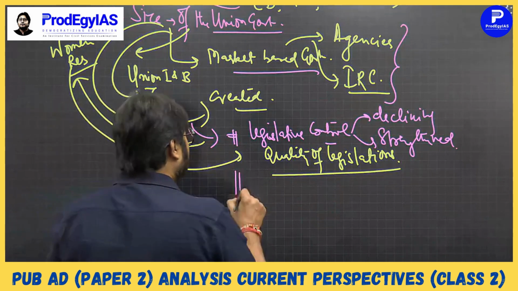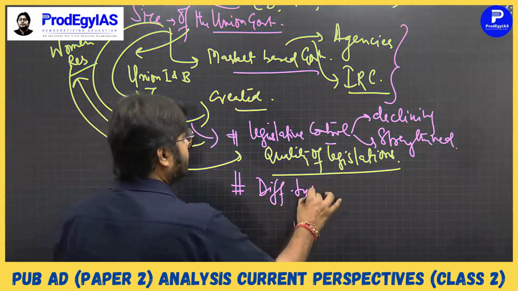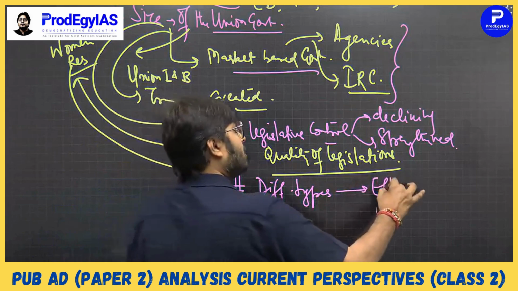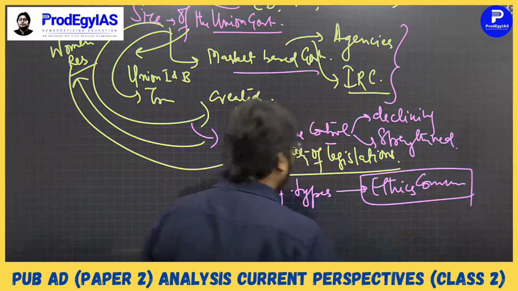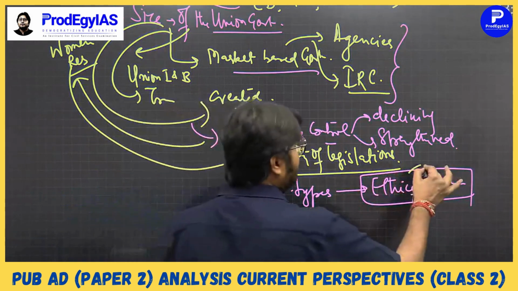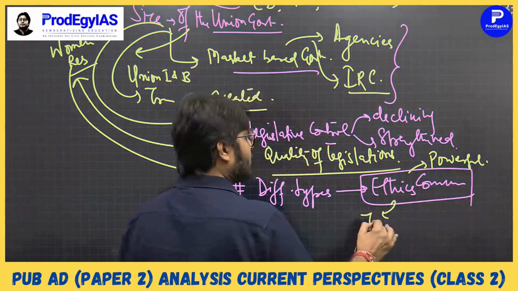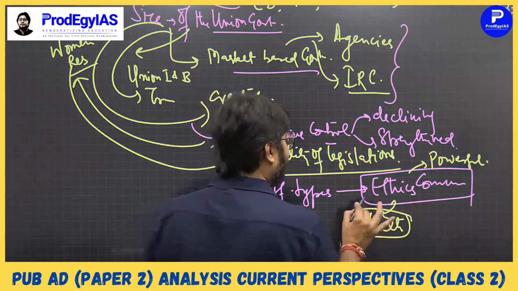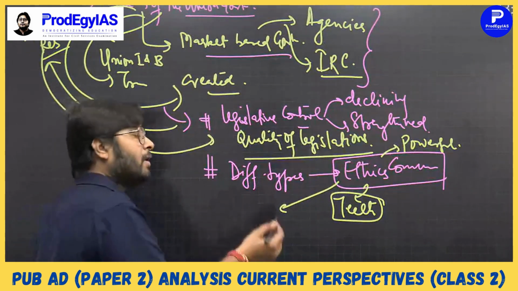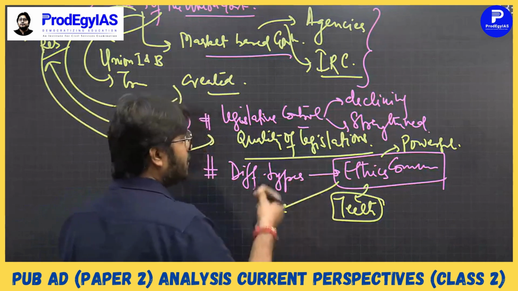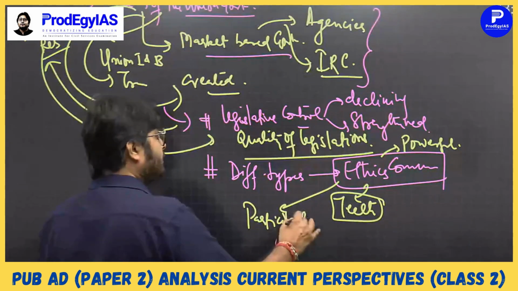Fine. Then obviously the different types of parliamentary control, right? Ethics committee was very much in the news, so you can, right? Need for ethics committee, how to make ethics committee more powerful, right? It doesn't have actual teeth. Okay, or do we need to make the ethics committee or a process of evaluation or scrutiny under the ethics committee more participative, as happened with Mahua Moitra,